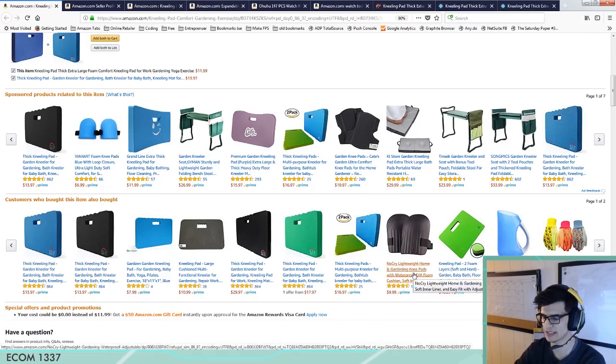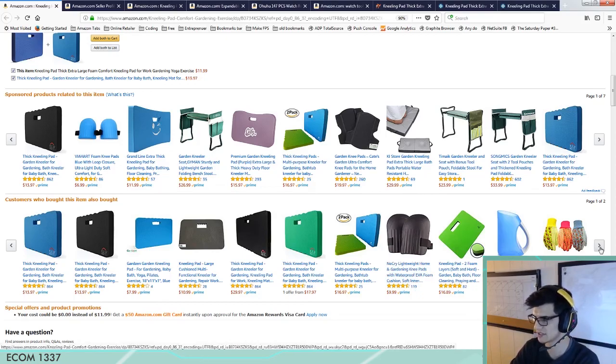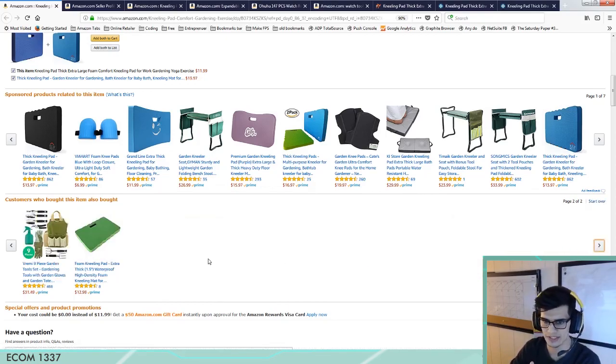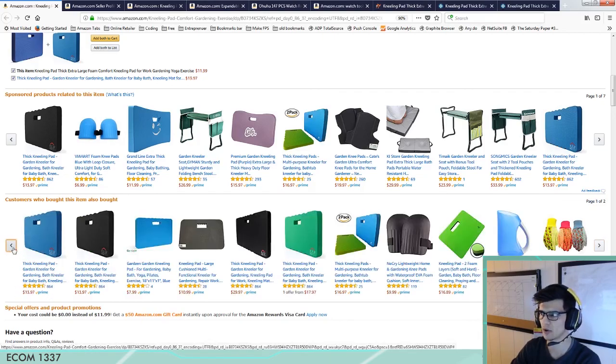Now these kneeling pads, I'd be willing to bet that's actually something that people buy with, and then these gloves, that as well. But outside of that, you don't really see anything. I mean, that's an entire kit, so that's also possible. But you don't really see what other things people are actually buying. And so that's where